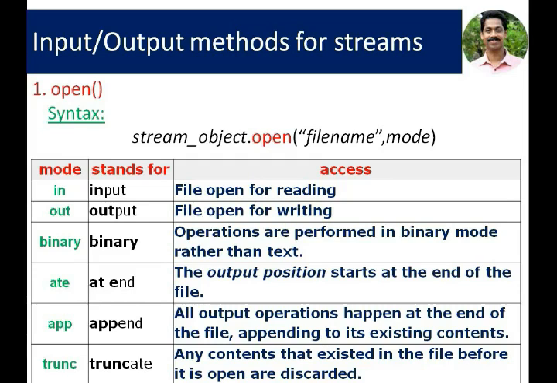That is, after opening the file, the pointer moves to the end of the file. Append is used to add data to an existing file. Truncate is used to create a new file. That is, if any data is available in the previous file, that means if the file name you have given is already an existing one, that data will be deleted. That's why the TRUNC mode is used. So all these modes can be mentioned in the file opening function.